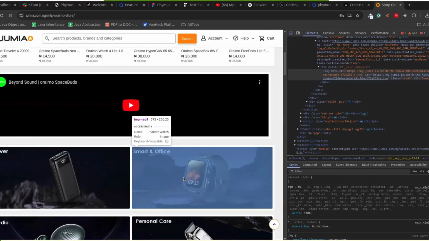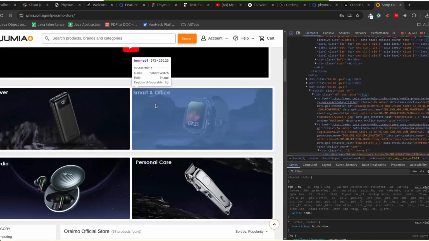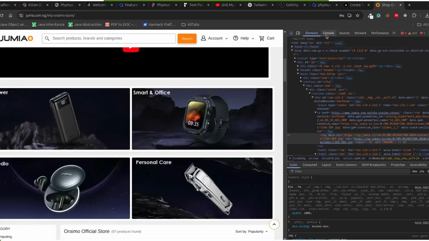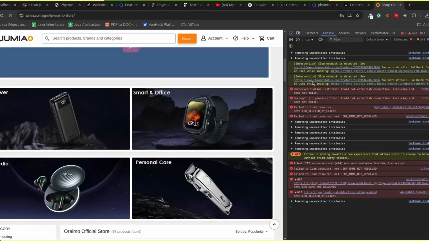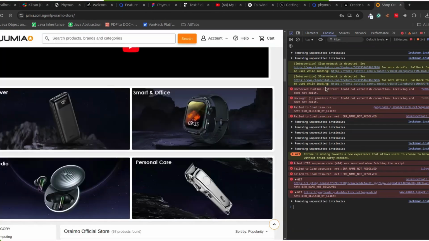Even as a manual tester, you should be able to use Google Dev Tools. You should be able to come to the console and see what's going on here. You can see failed to load resource. You will see a lot here. See, removing unpermitted and tracing. Sometimes you have to tell your developers that they should remove some things that they log on the web application. You as a QA should know these things because an attacker can actually exploit all these things based on what